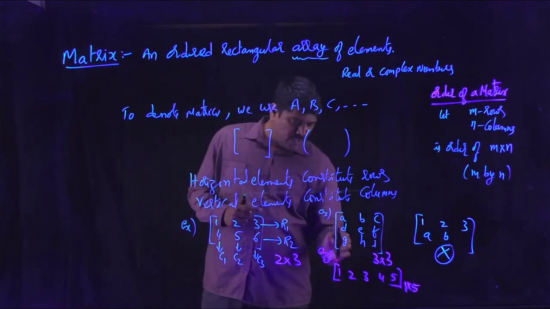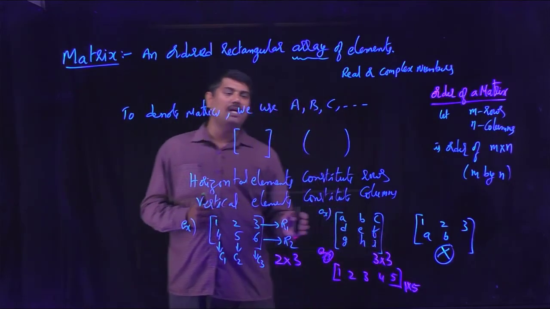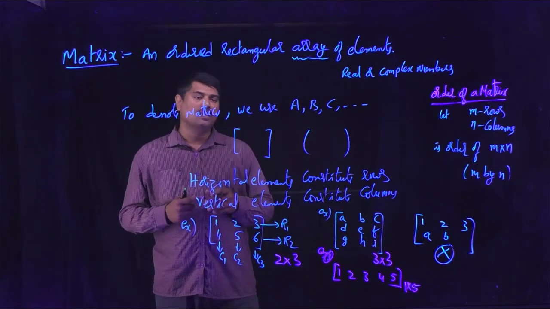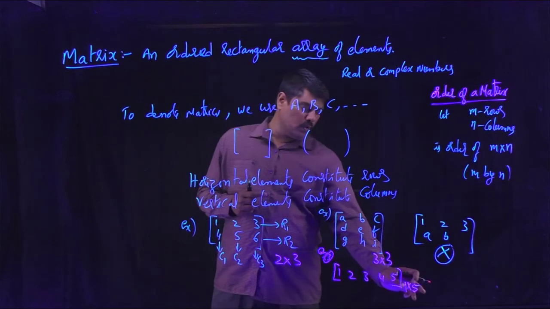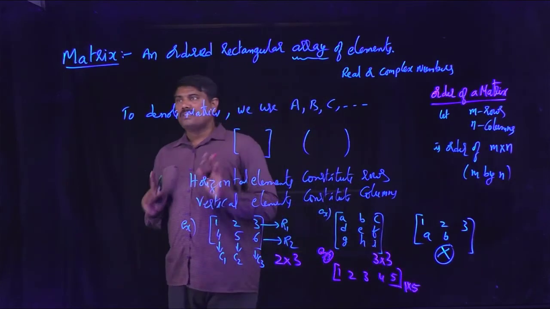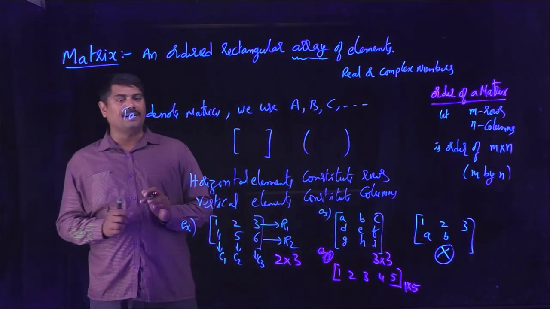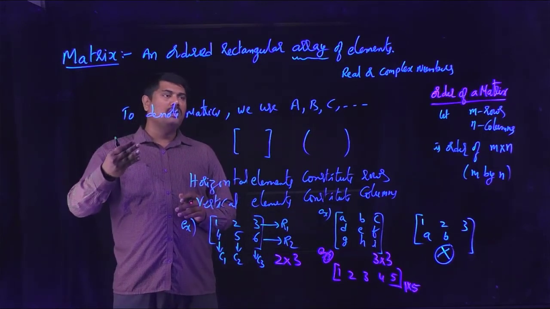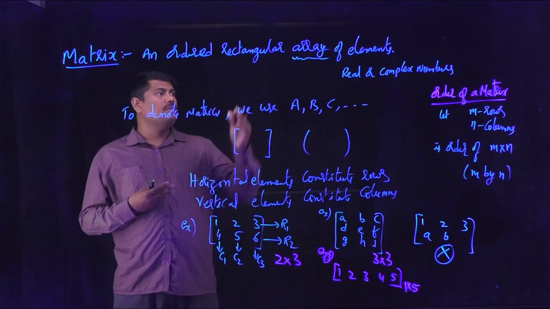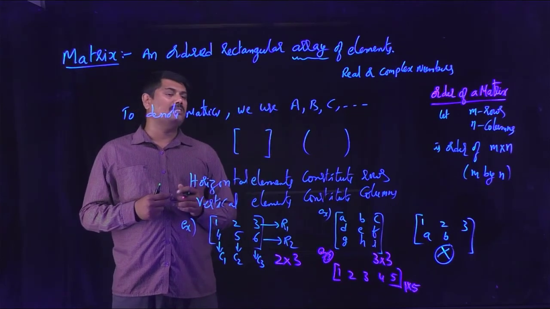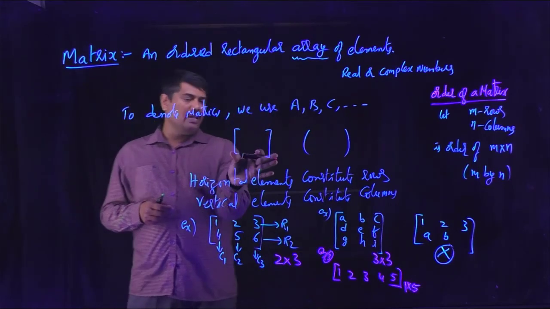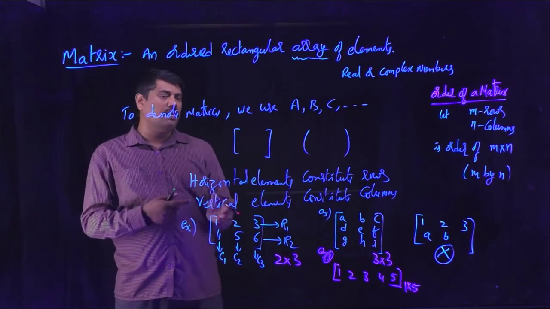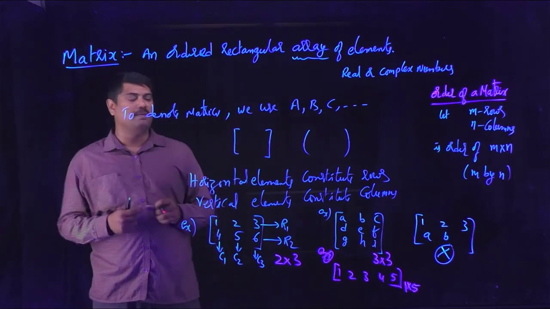If you observe them in a column-wise vertical manner, those constitute 2 columns, so that it contains a 1 into 5 matrix. So this is the introduction of the matrix: the definition of a matrix, how matrices are denoted, what elements we can use for the arrangement of a matrix, and how we indicate them, either in closed brackets or open brackets.